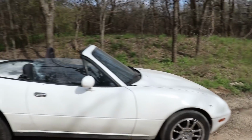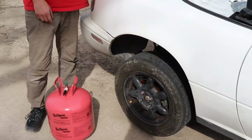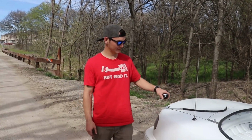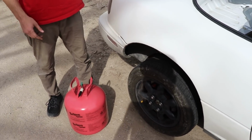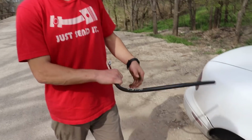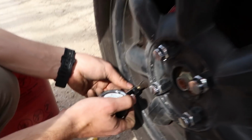All right, guys, we made it out here to our spot in Argentina. We're about to put the Helium tires to the test with a big, smoky burnout. So we're really impressed with how they're holding up. They made the entire drive. They're still holding Helium. What? I mean, let's take a pressure reading real quick. The magic number is going to be